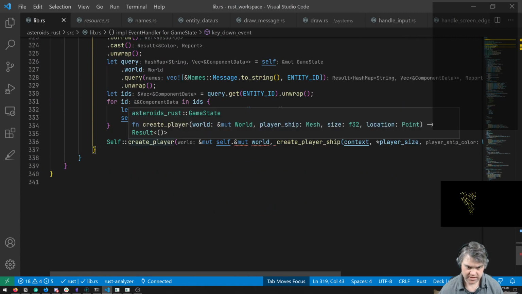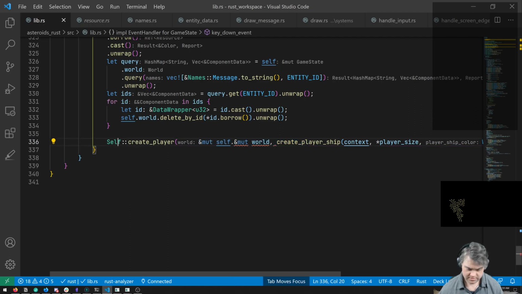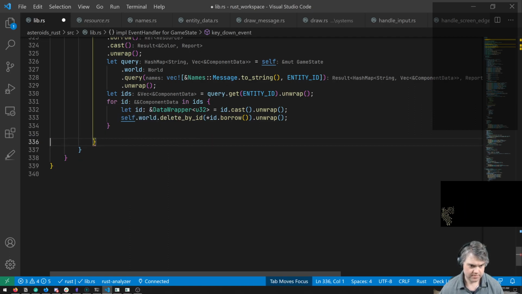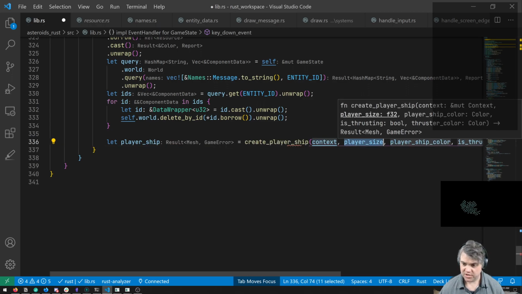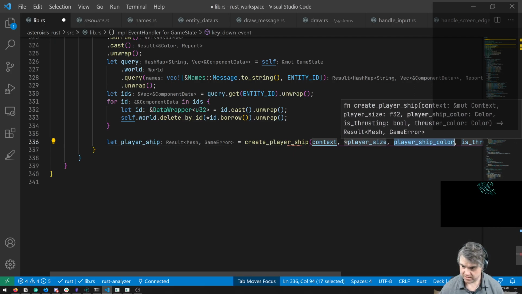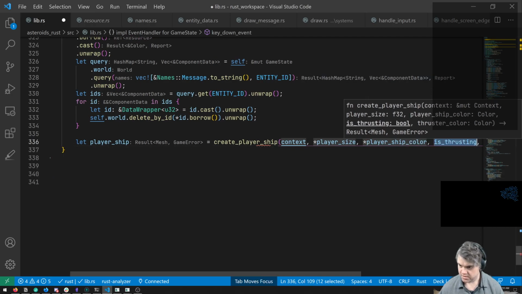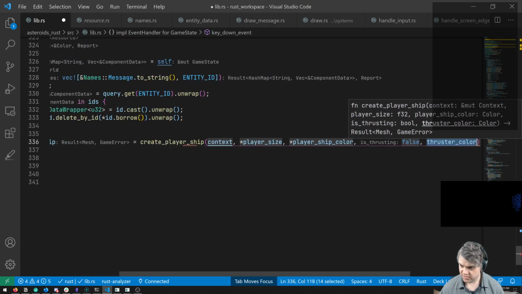And then, okay, I kind of want player ship equal to create player ship. Okay, so context, player size, player ship color, is thrusting is just false.